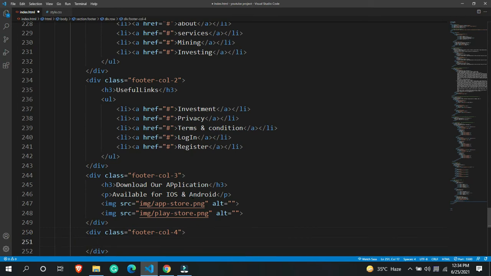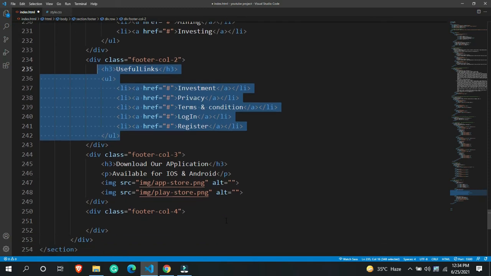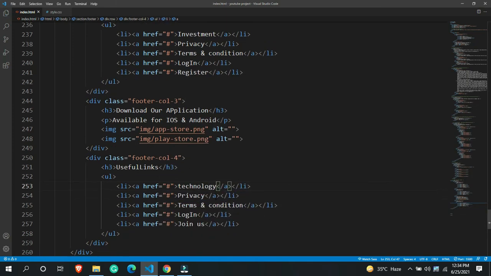Then I'm going to replicate all of these things here. I'm not going to do anything; you can change all of those things if you want. Let's say join us, technology tech. So you can easily fix all of these things.